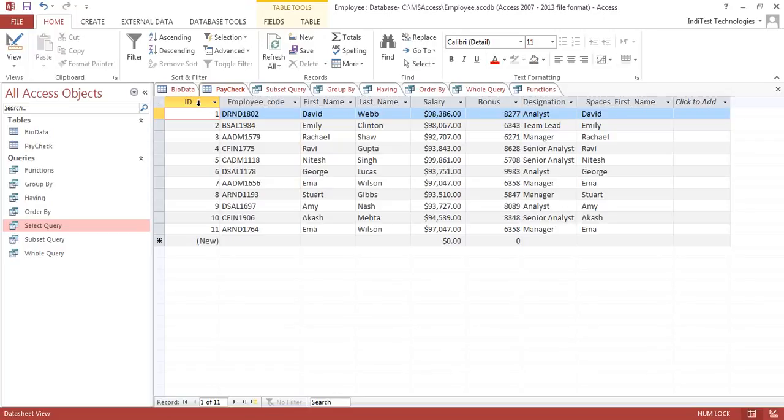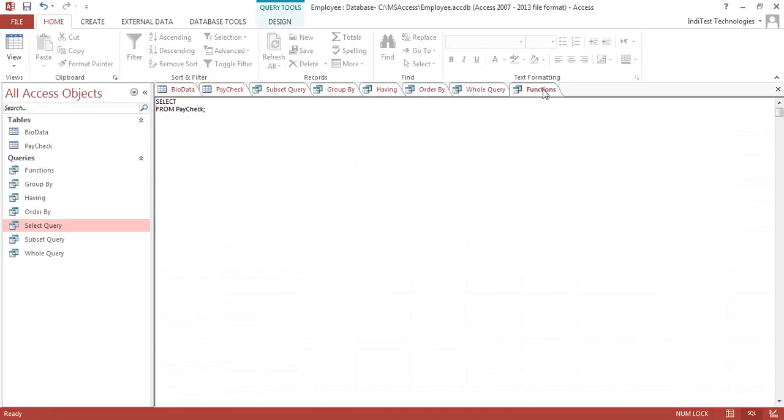So we're going to begin with the most general ones. So let's take a look at the max and the min function in SQL, which helps us calculate the maximum and the minimum values among a group of values in a table. So we're going to move on to our functions tab again, and say if